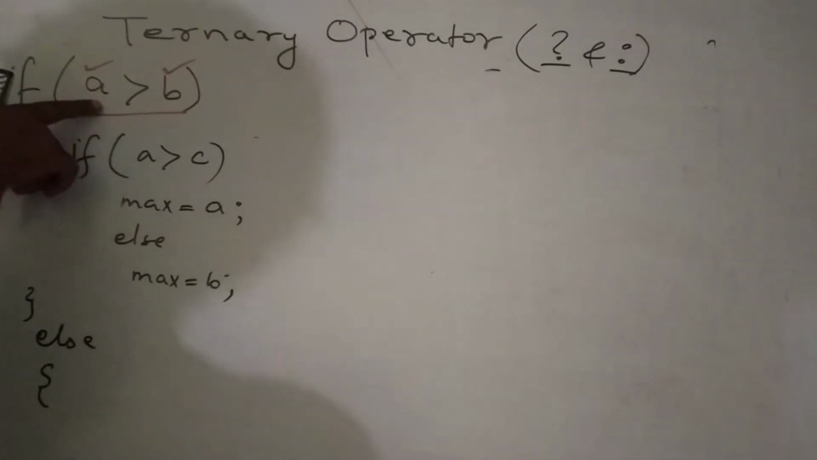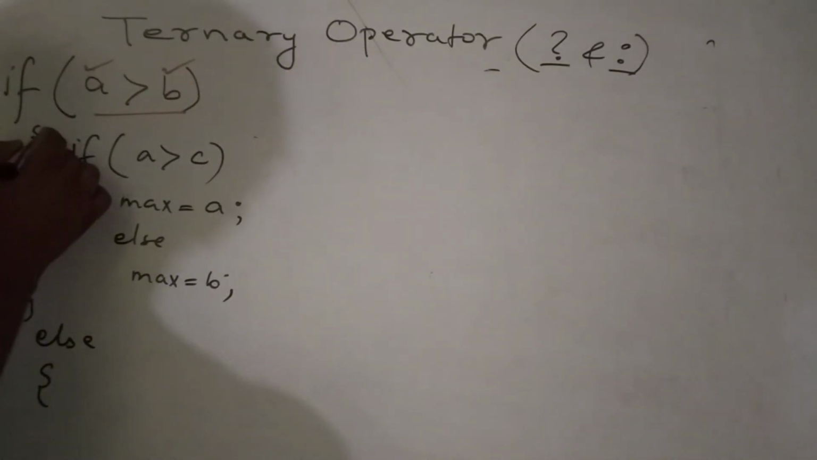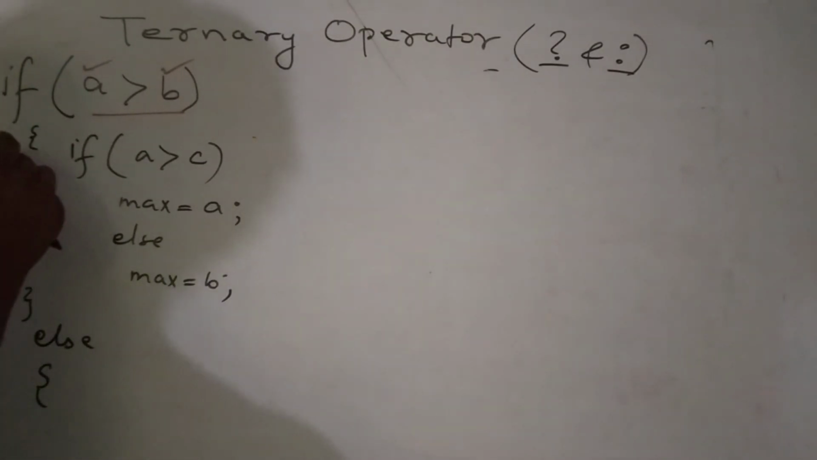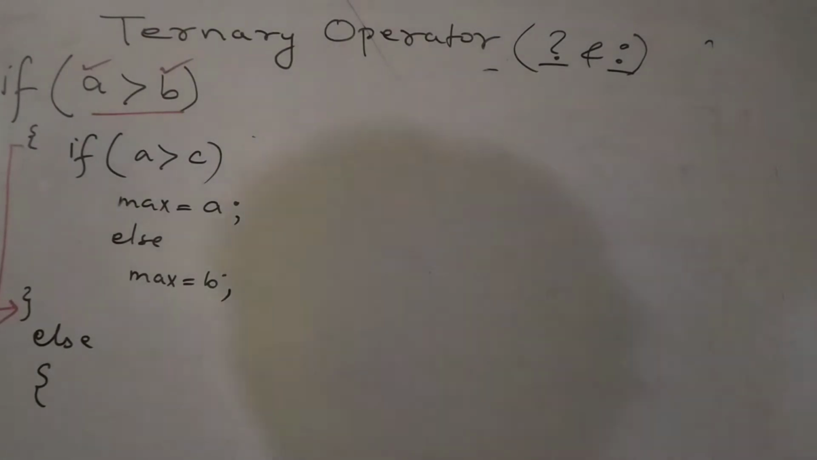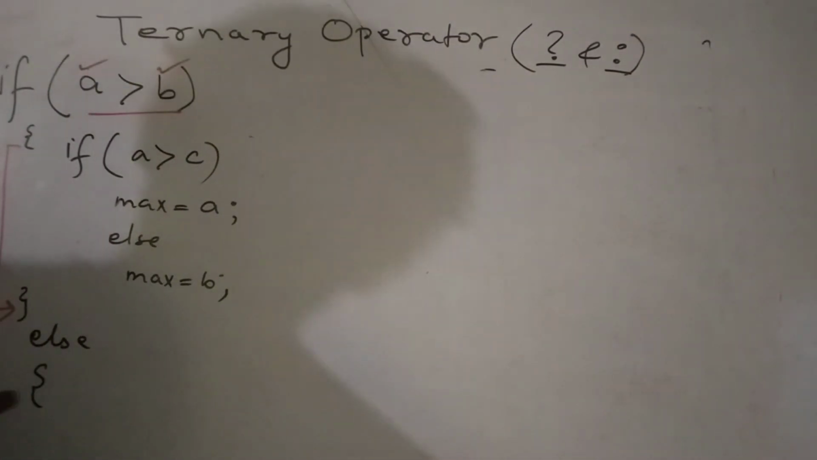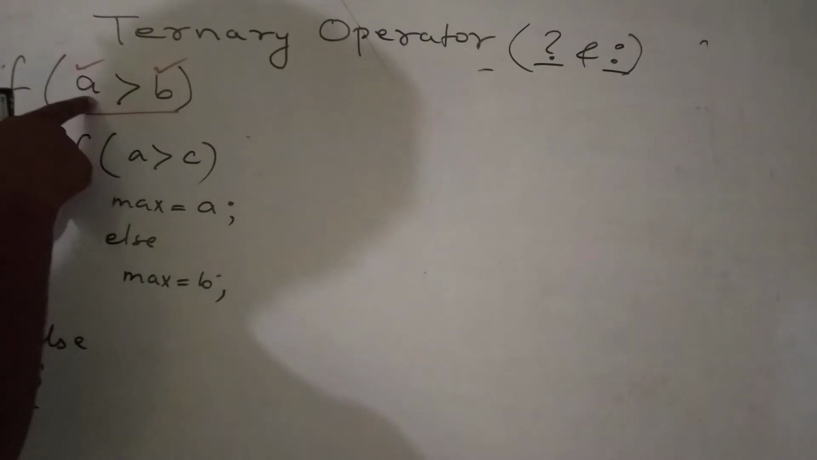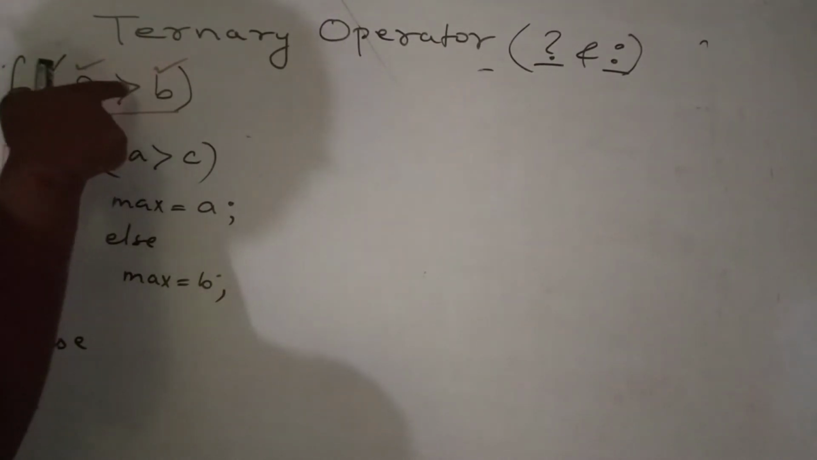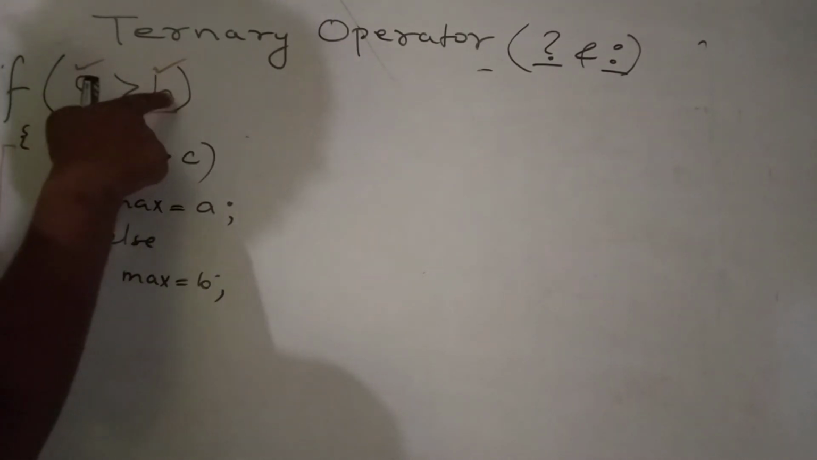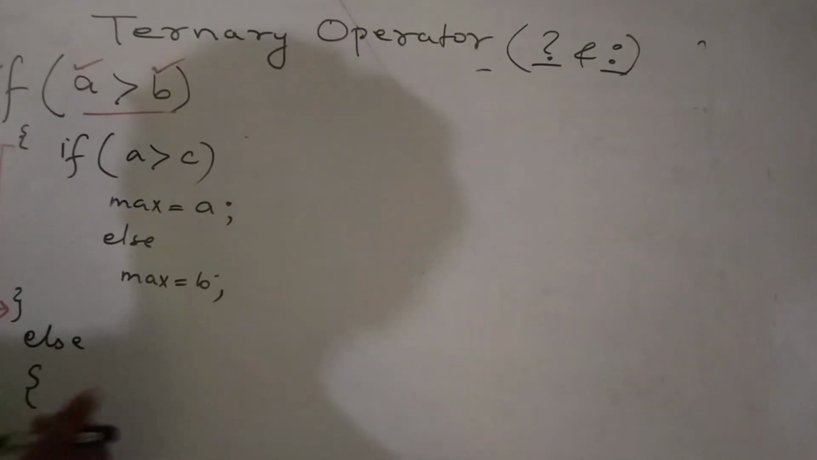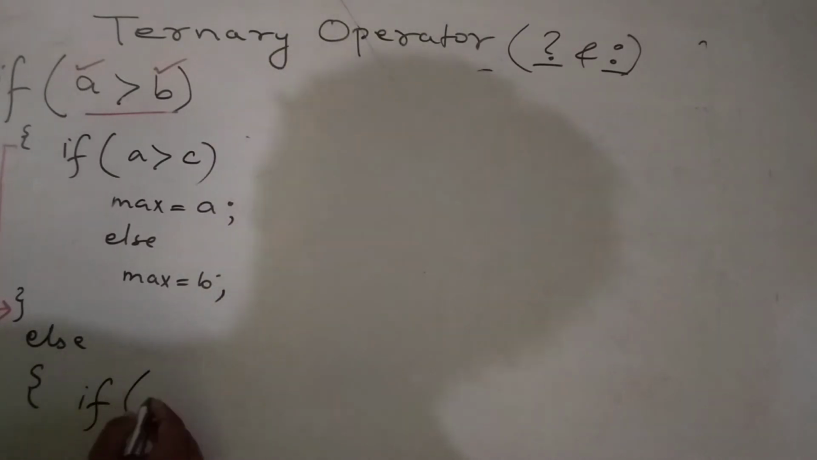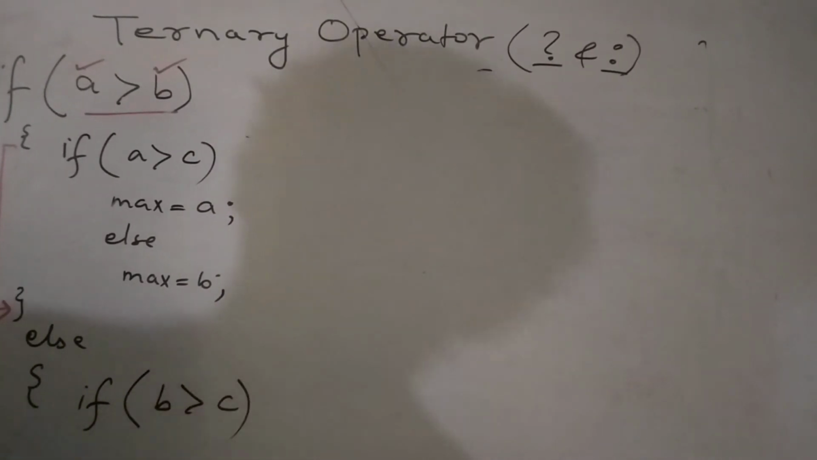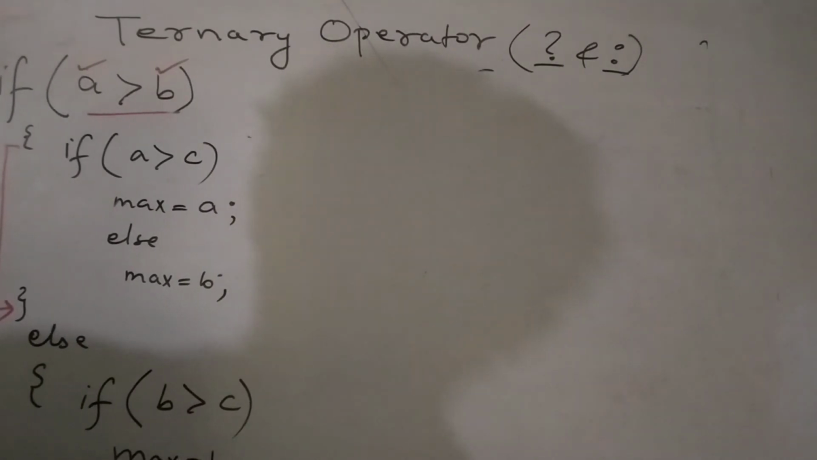Okay, think this is false now. If this is false, is it visible? Can you listen? Okay, yes, fine. Okay, now else. So think that this A is not, means A is greater than B, false. So come out here, it will come to here. So now we are going to check if B is greater than C. If yes, here max will be B,